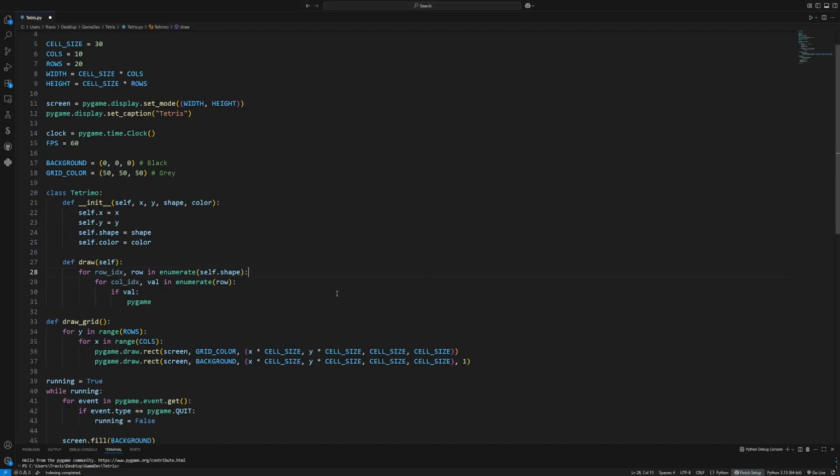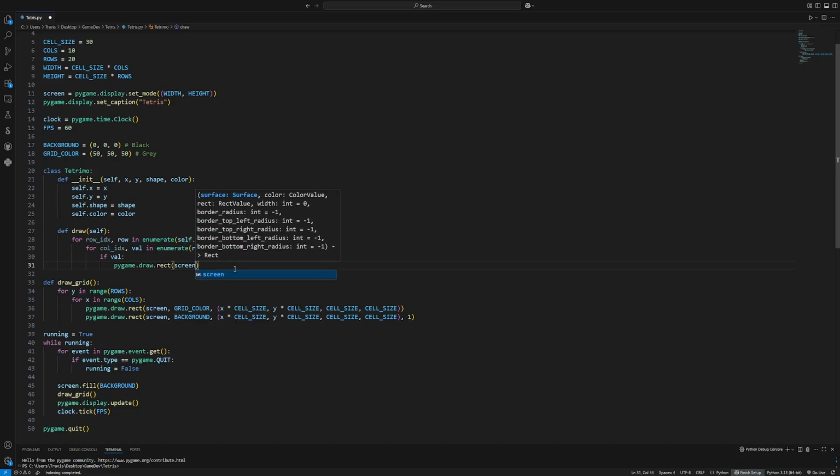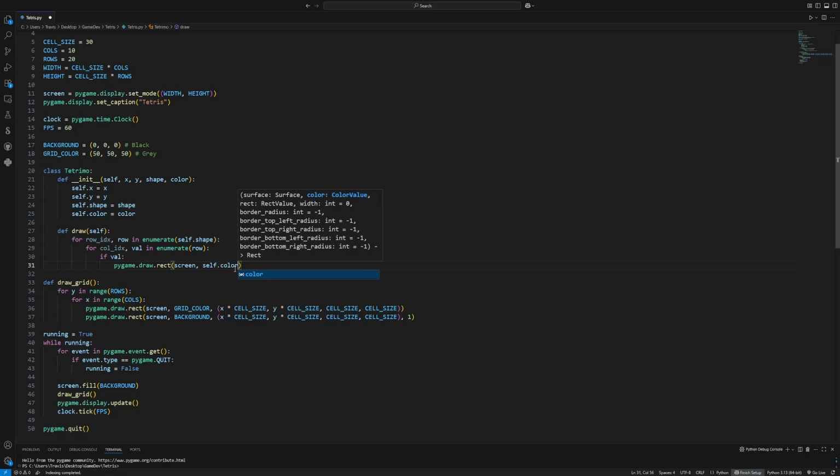I'm actually going to have to zoom out. I have a second window open of this with my notes, and unfortunately some of these get a little bit long. There we go. Dot draw, dot rect. We're going to draw it to our screen. We're going to assign it its own color. And now it's going to be placed